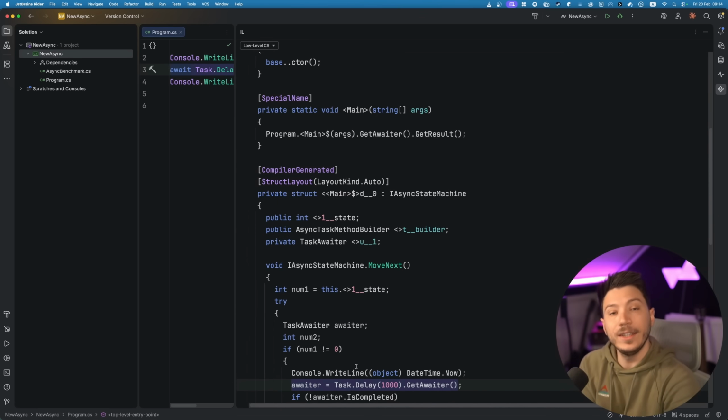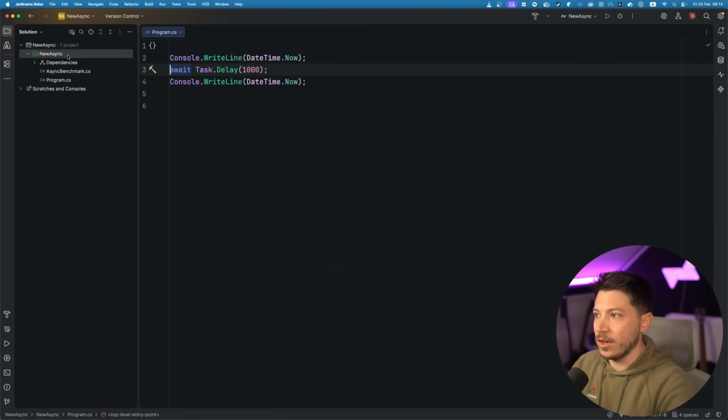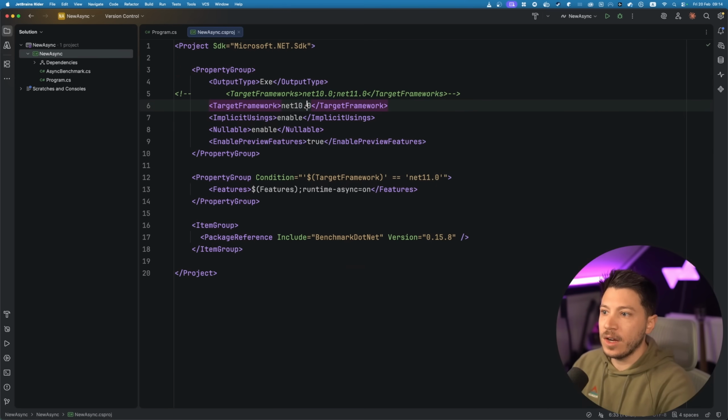Now, in .NET 11, this all goes away. We will not have a state machine in the IL code anymore. There will still be things on the runtime, but there will be runtime exclusive things. So, if I just go here in the project and I say turn this into .NET 11 and I build